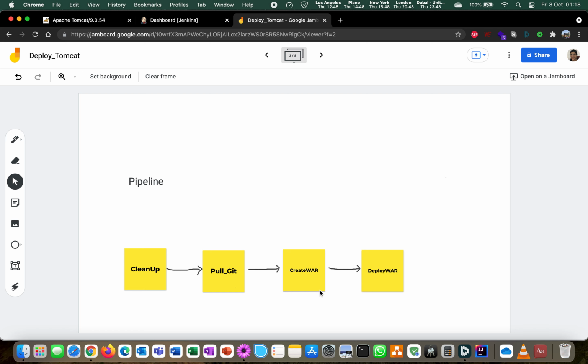And finally, in the third step, we will deploy this war. Before this whole process chain, we will also add a cleanup job, which will delete unnecessary files or any previous versions which were already present. So let's look at what will be there in each of these.